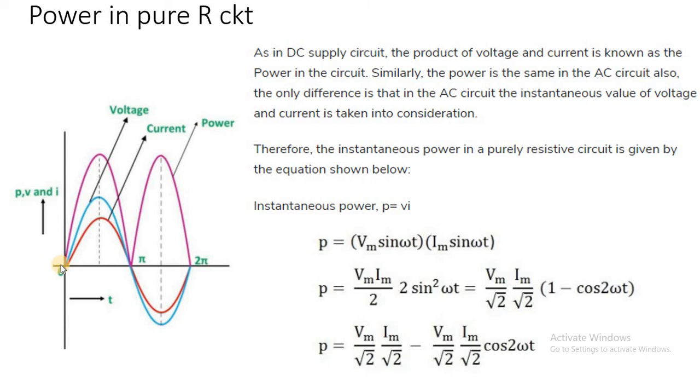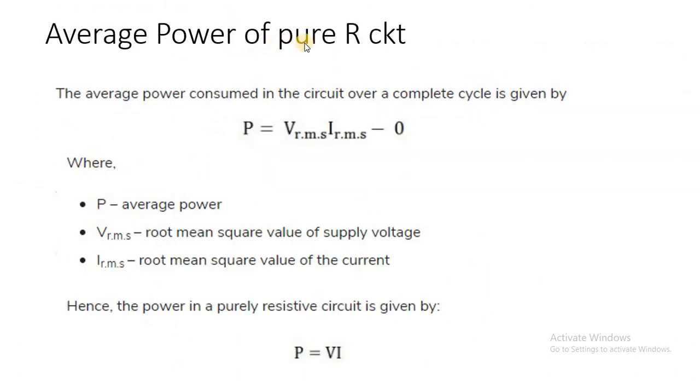As we are going to take the integration of this term from 0 to pi, its positive instantaneous values and negative instantaneous values are going to add together. So when the positive instantaneous values add with the negative instantaneous values, what will be the total addition? 0. For the average value of power in a pure resistive circuit, the second term is going to be 0.